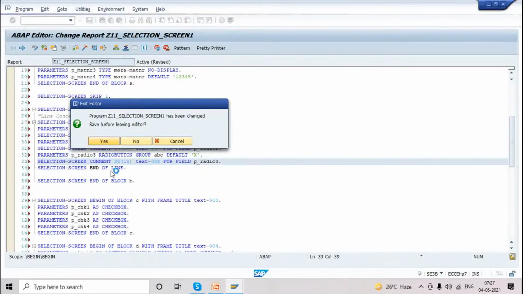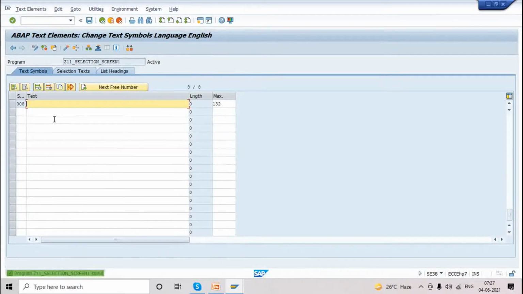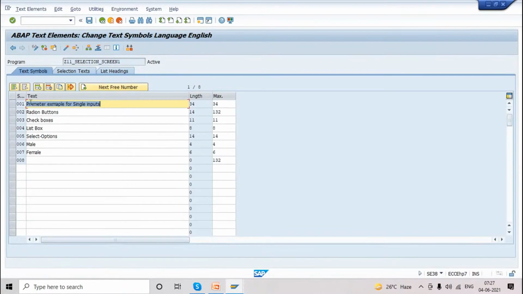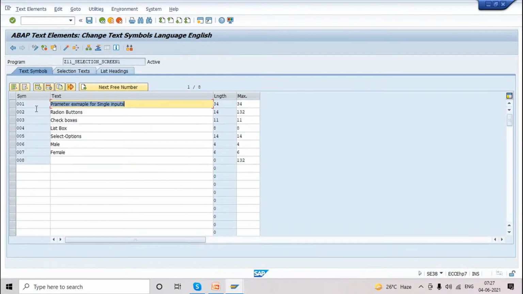See, yesterday we already used 127. You can see here, first one, second one. The maximum length of text symbols is 132 characters. Now this is all we are using. This is for others, right? Now for others, it is 6 only. By default, it took 132.